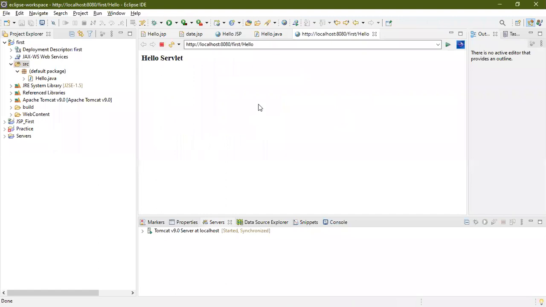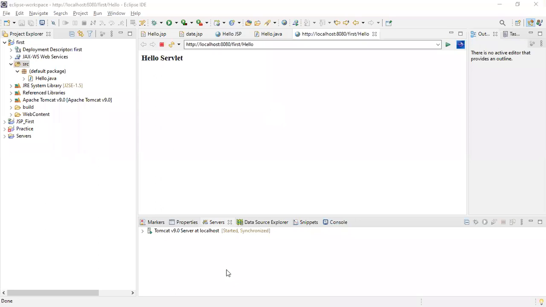I need feedback from you, whether you are interested in this or not. If you have already completed this, then I will skip it and go to JSP. If you want, I will take one separate session on how to install the Eclipse IDE, how to configure Tomcat into your Eclipse IDE, and how to create and execute servlet files. I need some responses. Do you need it or not? Yes, you have to tell me. If you don't tell, how can I know?